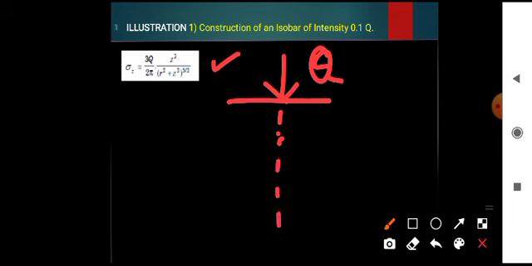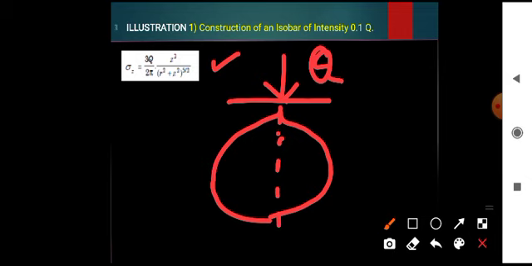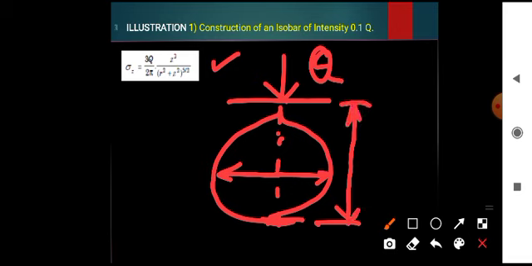As it is symmetric, I have shown you in the previous slide how an isobar appears like this. So this isobar is symmetric about the lateral direction. Now in order to plot such an isobar, we should know its vertical extent, which is the maximum depth z at which the radial distance becomes 0 for a given point load or loading intensity.